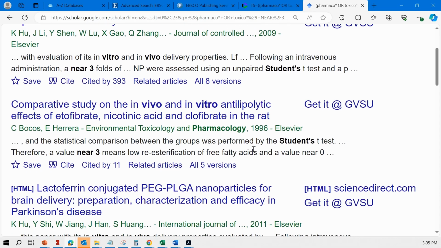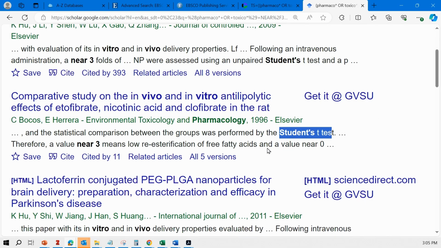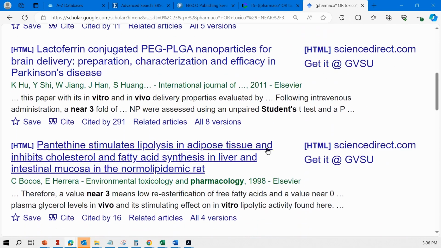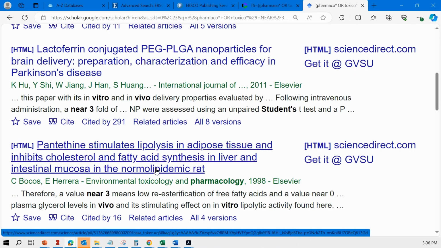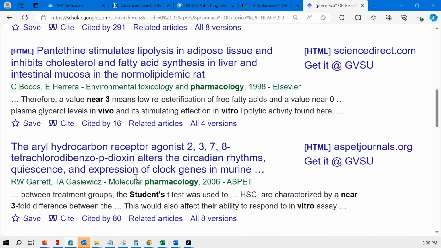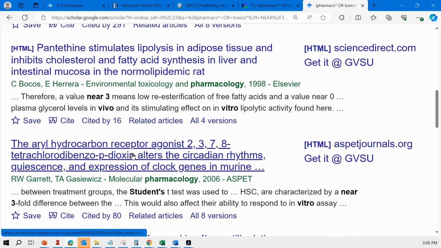So one of the things you would notice here is, for example, student's t-test, which is a statistical test, but because the search included student, Google is unable to say, oh, this is student referring to students like in education, not the statistical technique. Okay, so these are some things to show you that Google Scholar is still good, but it's still not the most appropriate. The other thing is a lot of these articles have nothing to do with education. Okay, of the 456, many of them don't have anything to do with education. So, for example, this paper has nothing to do with education, which is one of the key terms that I